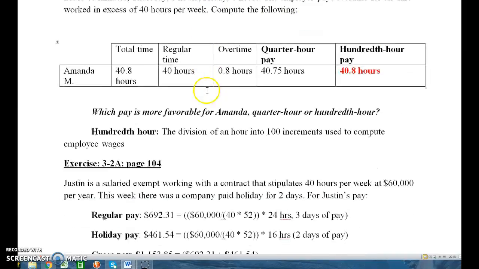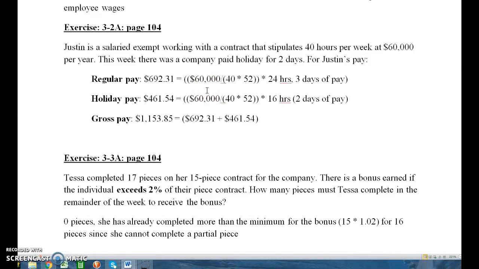All right, exercise 3.2. Justin is a salaried employee working with a contract that stipulates 40 hours per week at $60,000 per year. He is paid holiday pay for 2 days, so we need to compute his wages. For the regular pay, remember, you're going to take the 60,000, divide that by 40 hours per week, divide that by 52 weeks. So 60,000 divided by 40 hours, divided by 52 weeks in a year, multiplied by 24 hours, because remember, he's getting paid for 3 days of pay. So his regular pay would be